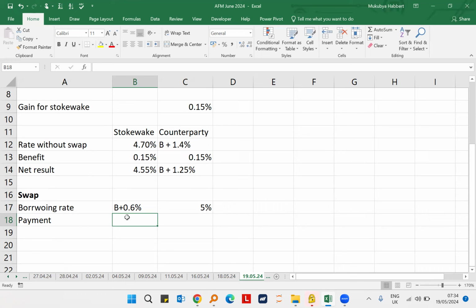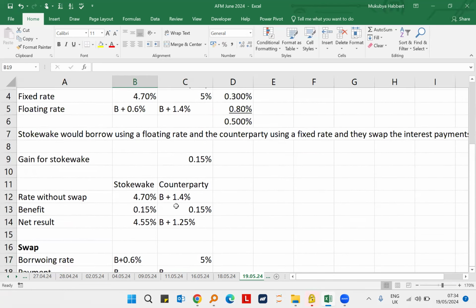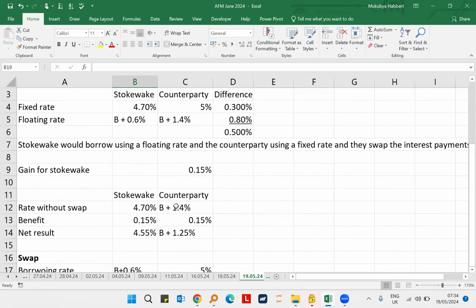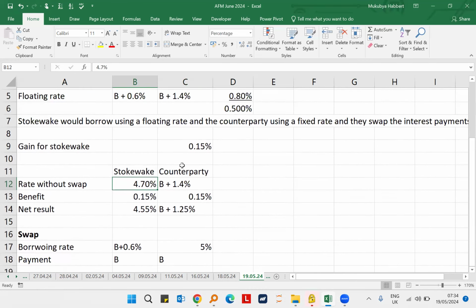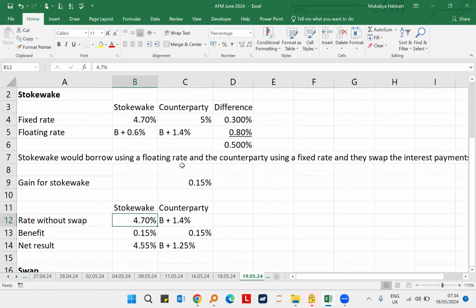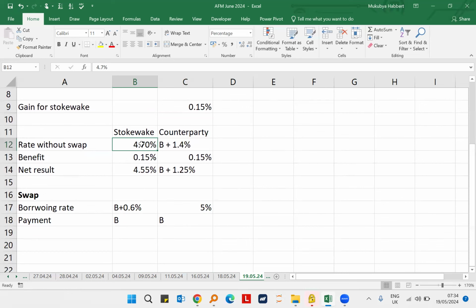So the payment here, there's a base rate, and I'm not using the sign convention very well, because when you are talking about the payment, the rate itself is negative. So maybe I can put this one as minus,